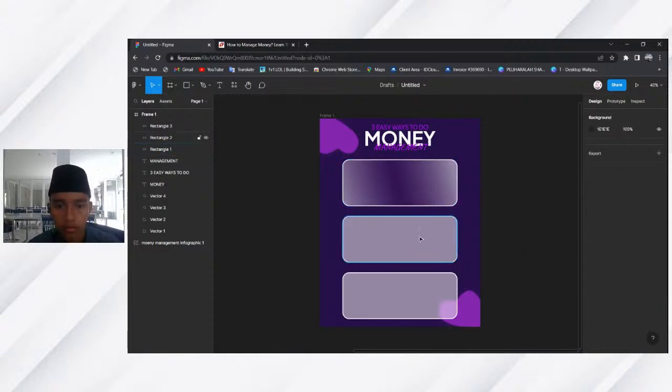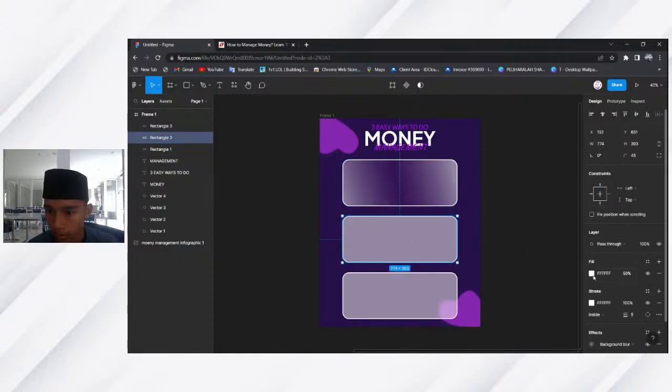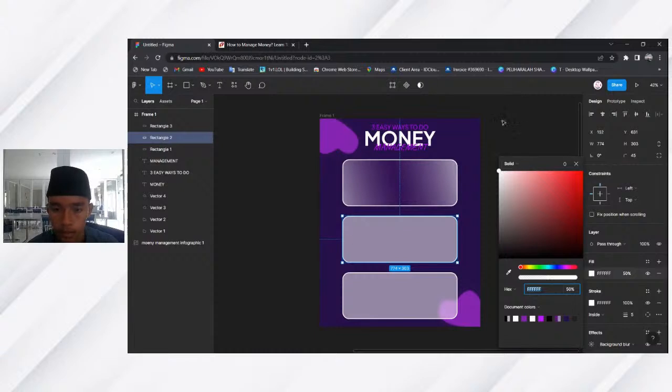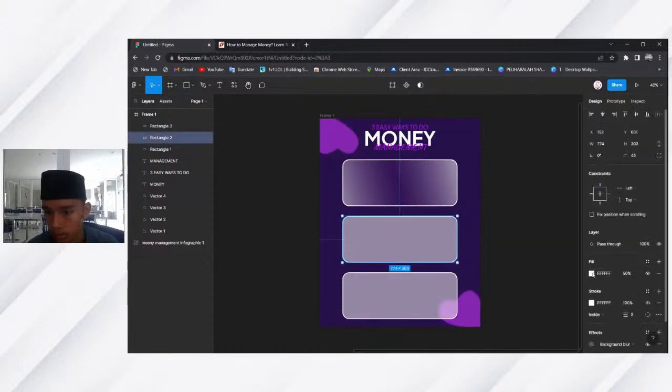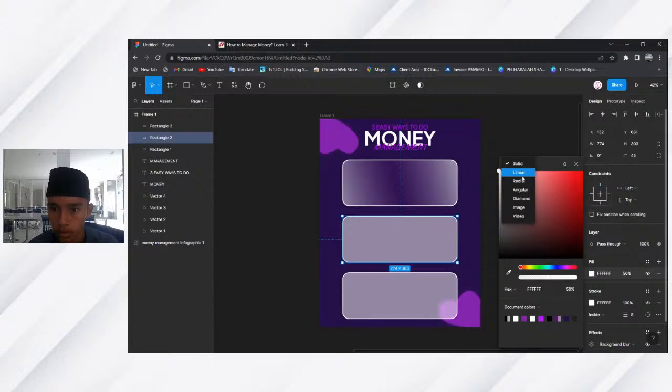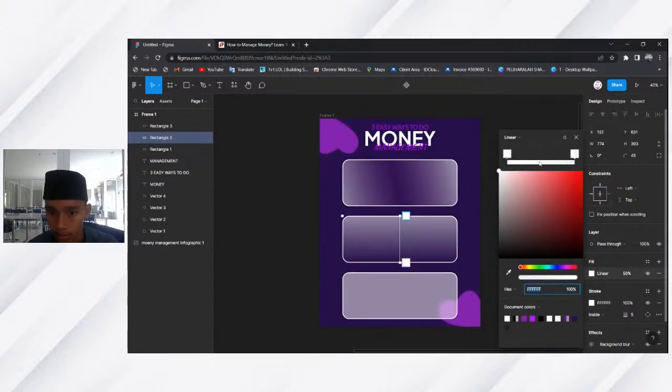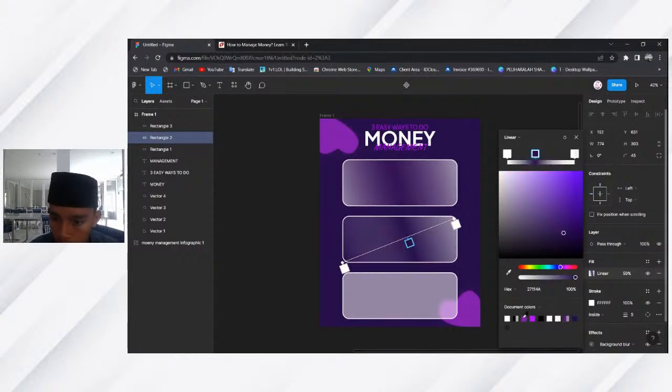Now you can do this to all of the rectangles. Here I'm going to do this again, so linear, and then press one on the middle, and you adjust this to go both like that. And for the middle one it is 50%, and you add a little bluish color. No, this one. Okay.